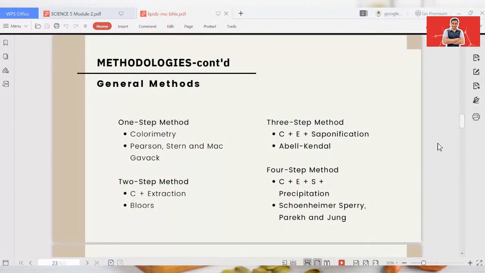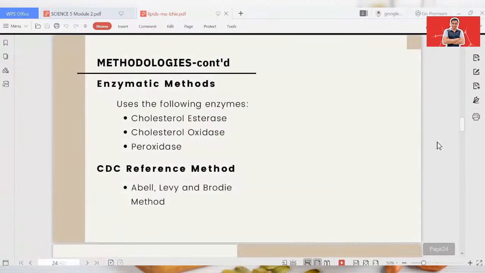So an example of the test or method that uses this four-step method is the Schoenheimer-Sperry, Parekh and Jung. So next is the enzymatic method, where it uses the following enzymes: the cholesterol esterase, cholesterol